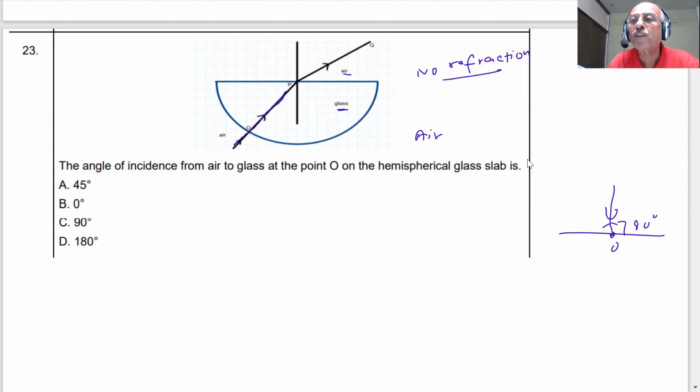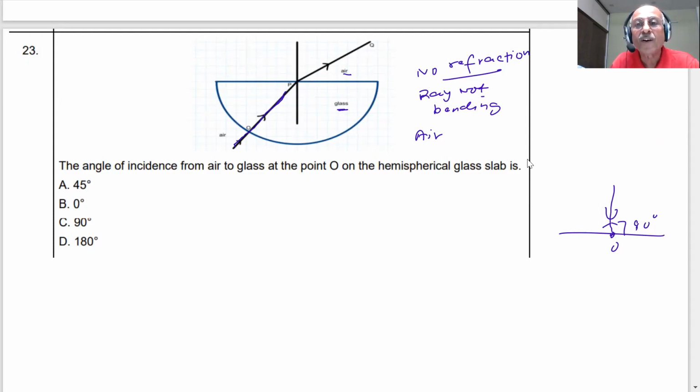And the ray is going straight. It is not bent. It is not bending. As you can say, as a ray is passing from air to glass, there is no refraction. The ray is not bending, student. What does it mean? That means, student, only when the ray is at the normal, at 90 degrees, at the perpendicular, then there is no refraction and the ray passes straight. Therefore, in this case, student,